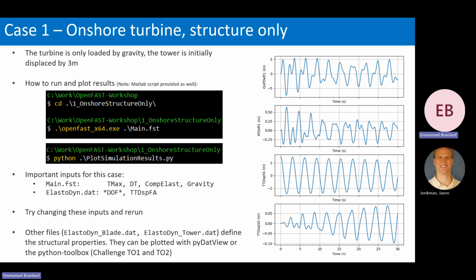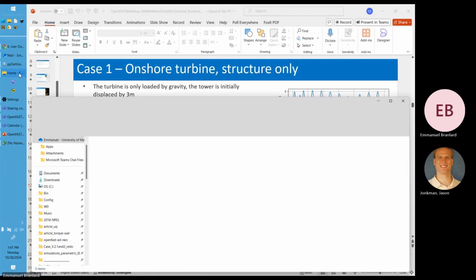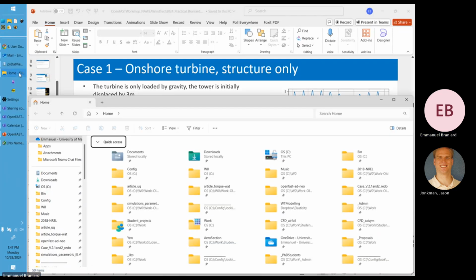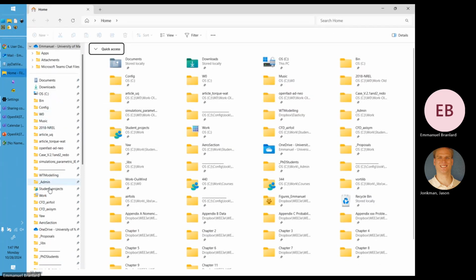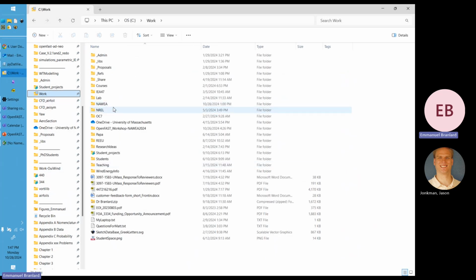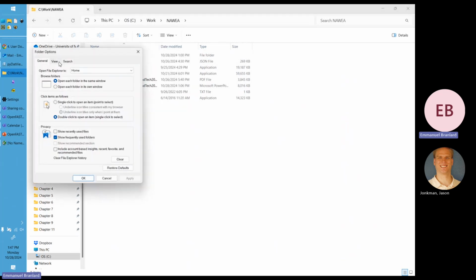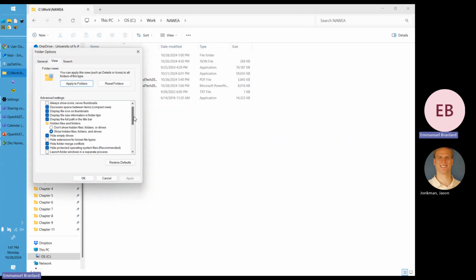All right, maybe I should have done it in front of you as well, but a couple of notes. I see that's just geeky stuff, but I see a lot of you don't show extensions on Windows. What you can do is you go here, you do options, view, and then there's an option that says